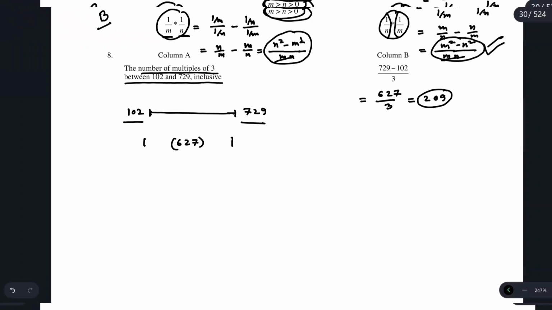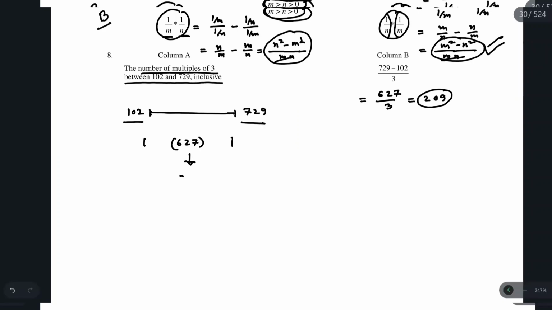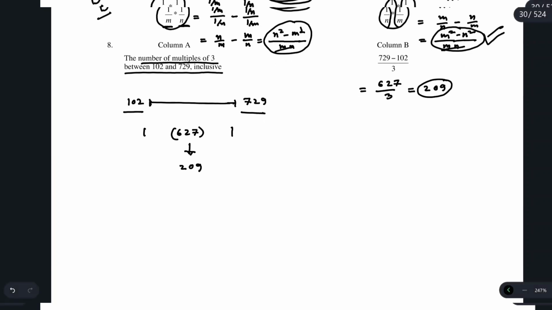So if there are 627 numbers, and if we try to figure out how many of them are divisible by 3, it is more likely that there should be 209 numbers that are divisible by 3. But since we are starting from a number and ending with a number, and it mentioned including both these numbers, and we also know that both these numbers are divisible by 3,